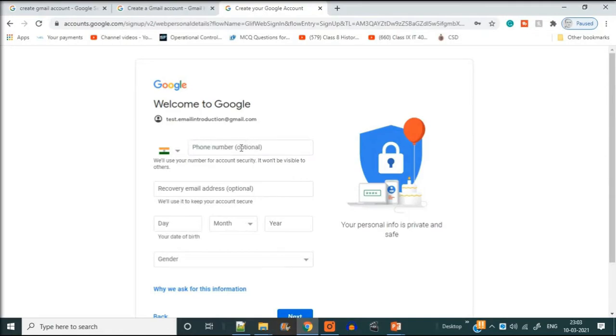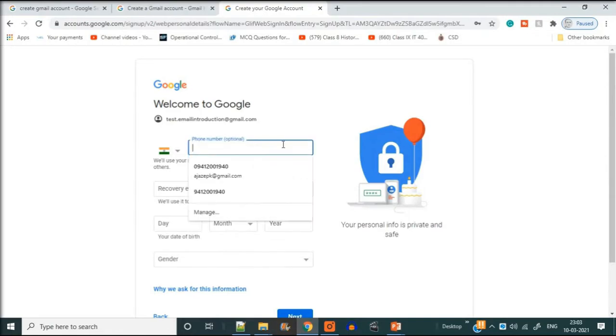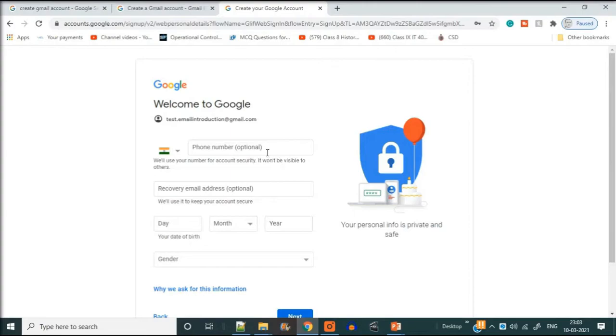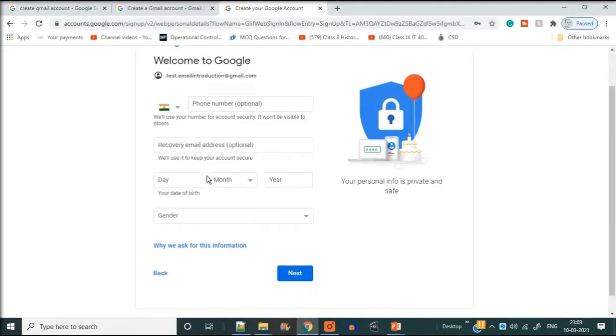Now these are all optional. Phone numbers, if you want to put, you can put. Recovery email is there because there are so many hacking activities going on, and there are certain payments also Google is providing, like Google Pay. So the phone number is required for that reason. Recovery email, if someone hacks or sometimes something happens, then you need that recovery email address so that it can be recovered to another email address.